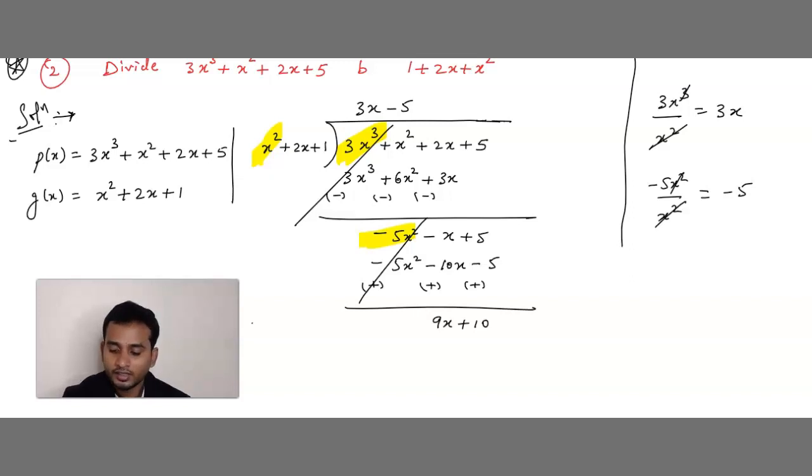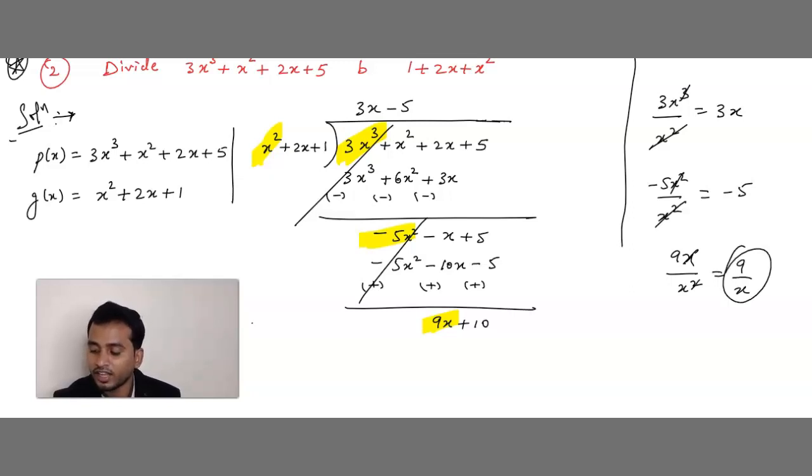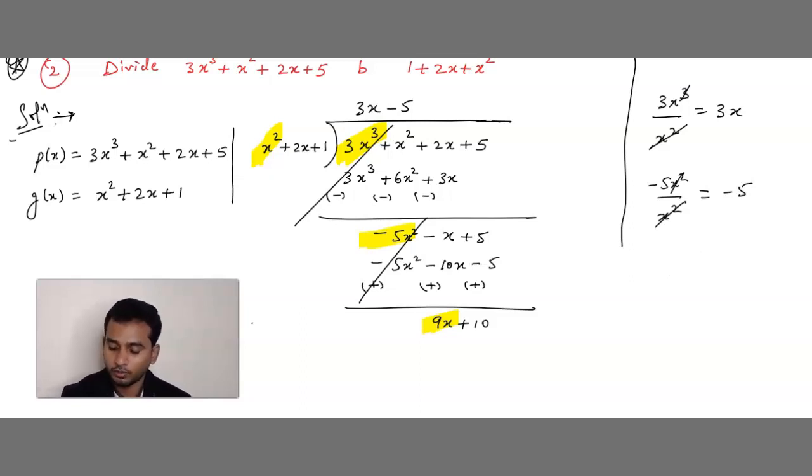Okay, now what is inside term? 9x. Right? What is outside term? X square. Will it get cancelled? No, we get fraction. See x, and here one time x get cancelled means we get 9 by x, we get fraction. Means if you are getting fraction means we can't cancel further. We cannot cancel further. That is the meaning of that. Okay. At that time you need to stop. At that time what we should do? We have to stop. Got it?